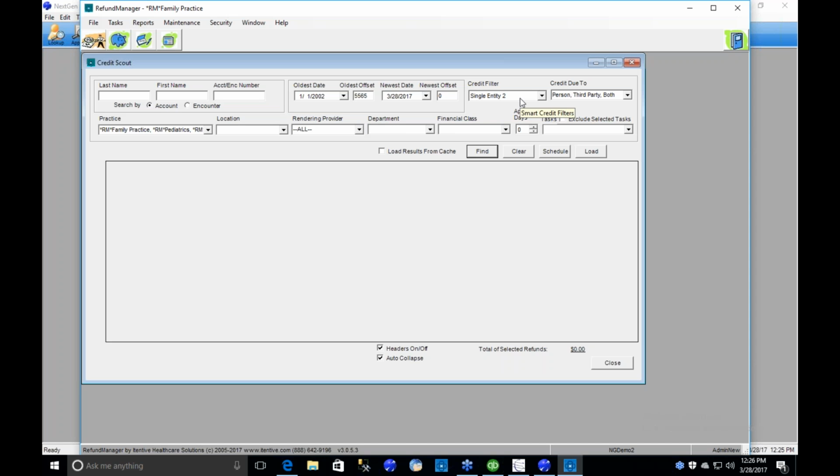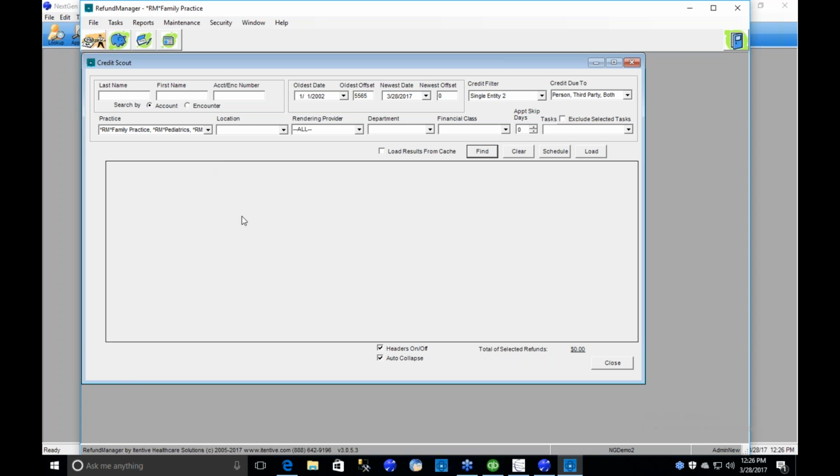We have some filters in here, and basically their job is to help you find refunds that are well qualified, refunds that are somewhat qualified, or just any credits whatsoever. Additionally, you can use them to look directly for opportunities to distribute money from an encounter with a credit to an encounter where money's owed. Some of our clients have days when they work insurance refunds and days when they work patient refunds, so we give you the ability to select on that. And then along the bottom row, there's additional criteria if you're just working a location, a provider, charges with a particular department, or maybe you're doing insurance refunds but only for a